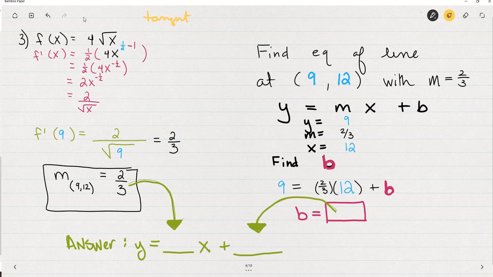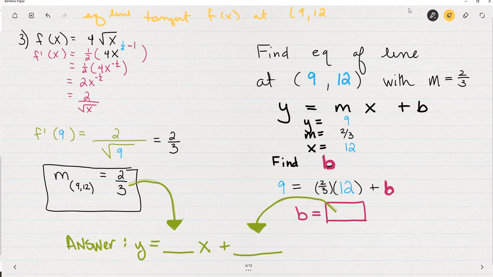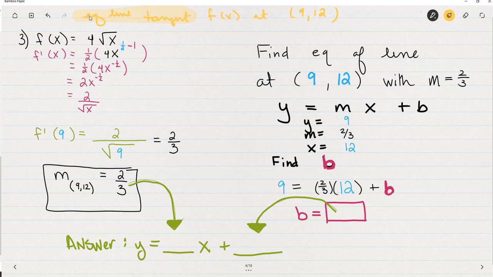We want the equation of a line tangent to f of x at the point 9, 12. So what we're doing is determining the equation of the tangent line to the curve f of x at the point 9, 12. The first step is to think, what do I need to know in order to have the